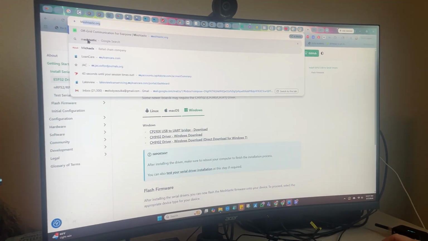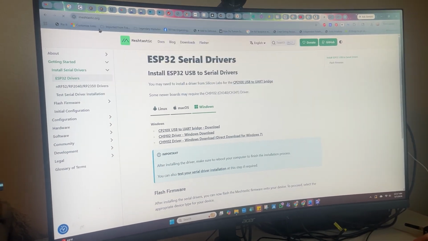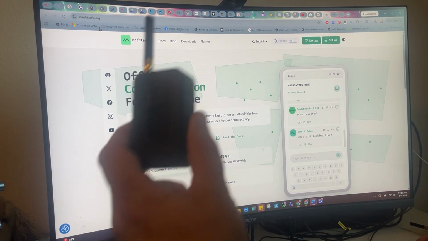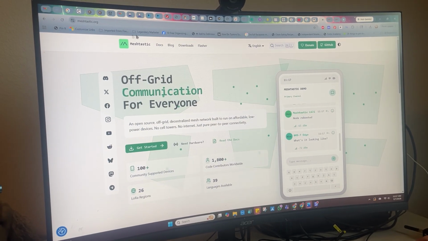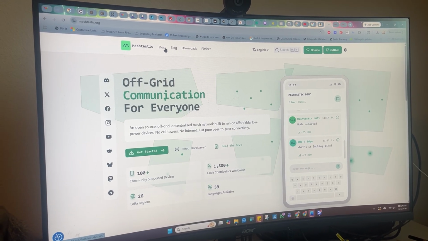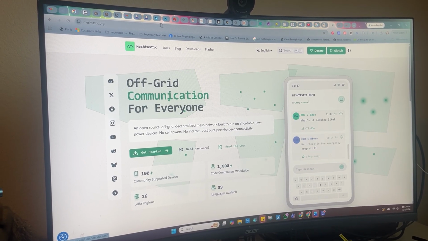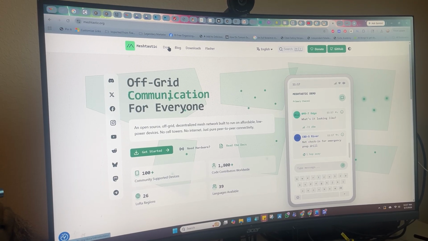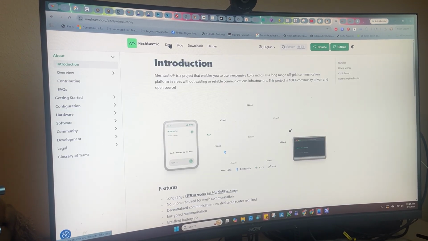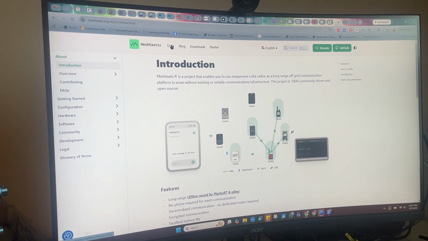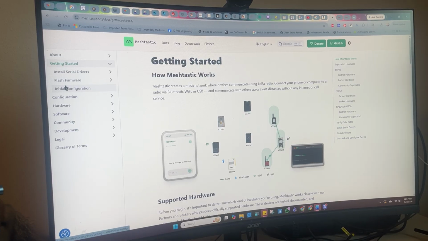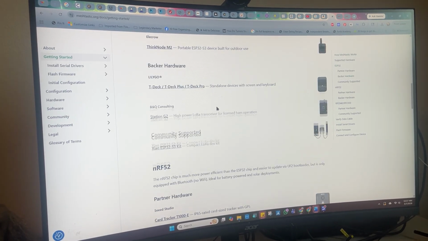So go to meshtastic.org. This is for flashing your new device. If you've never done one on your computer, this is where you watch a bunch of videos and they will leave this section out. You've got to go to your documents on .org, Getting Started, which will be to the left. Scroll down,